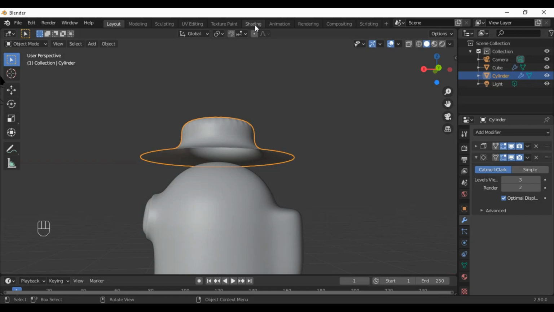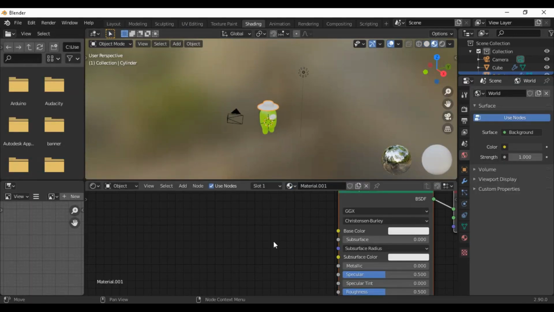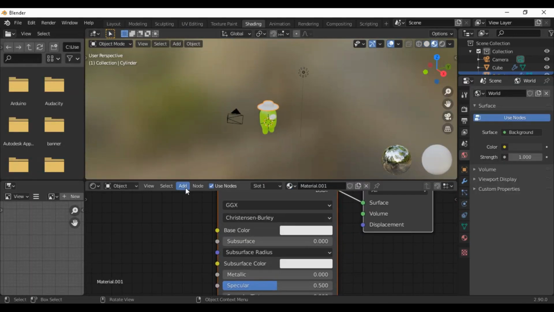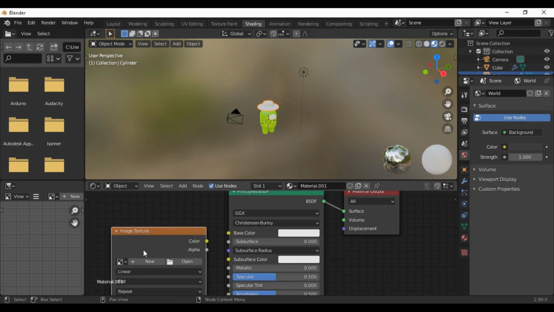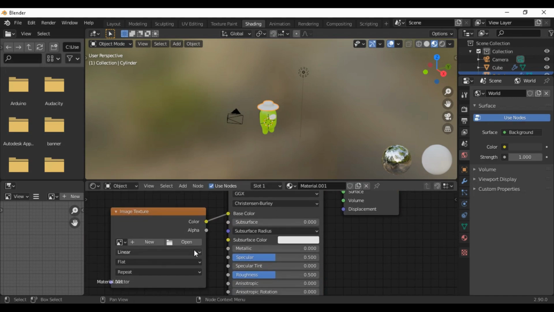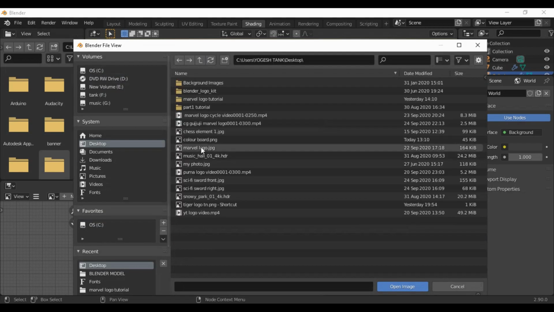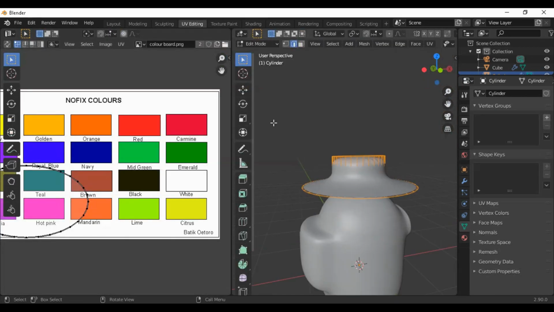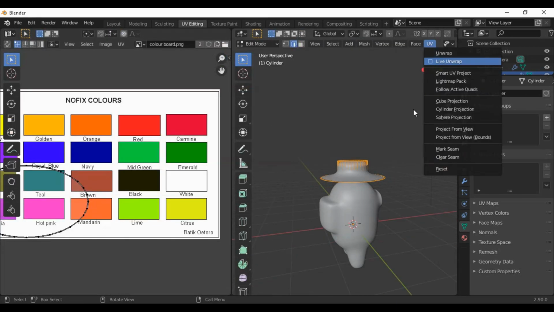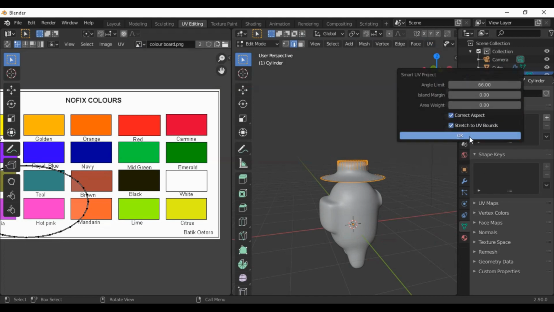Also we are going to give some color to our hat. On shading, image. Also we are going to use this color box. You can also download it from Google. Just type color board. You will get too many color boards. Or if you want this color board, then you can go in the description and download it.